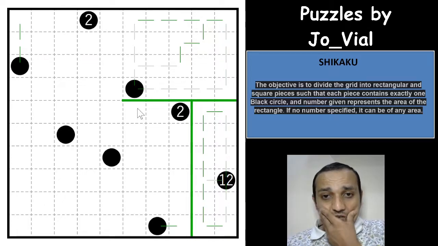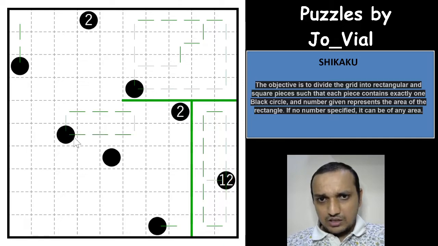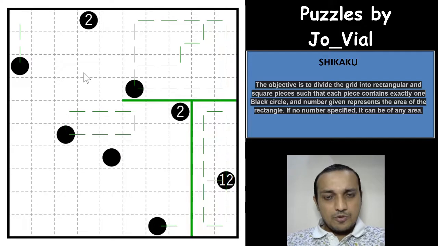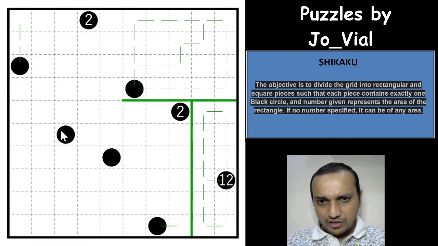Okay, there is a very good logic here. If this cell can only be taken by this circle or this circle, right? So if we take this circle, this cell cannot be taken by any of the circles now, because this circle cannot take this cell, because you won't form a square or a rectangle, and even this circle. So quite a different thinking here. So this cell will be taken by only this circle, which means now this cell can be taken only by this circle.